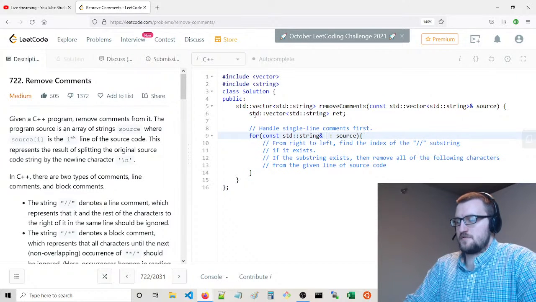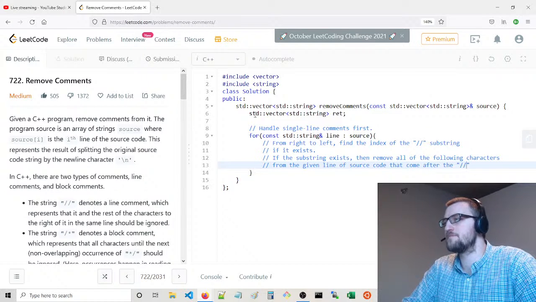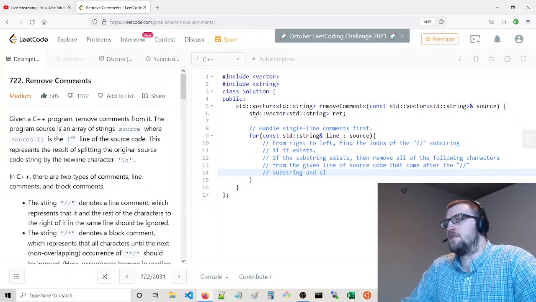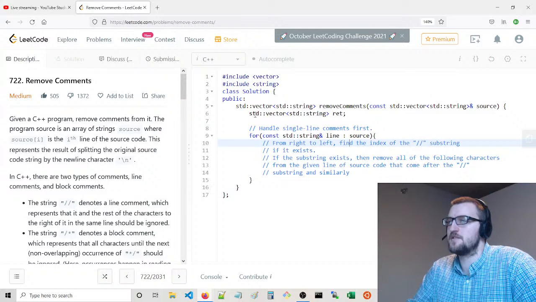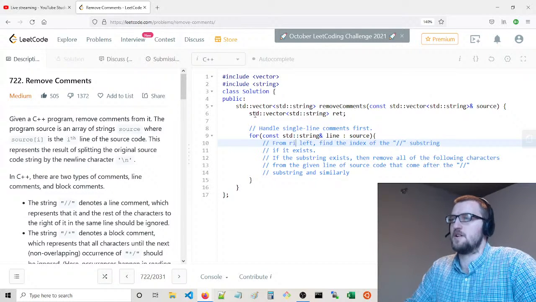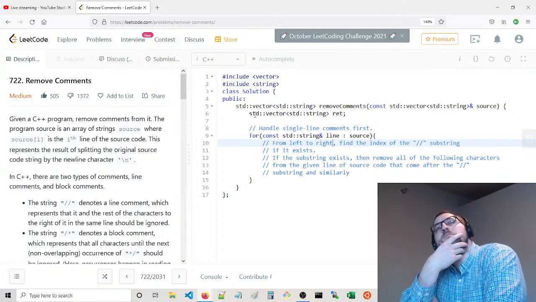That come after. Similarly, so actually we want to go from left to right, because whatever comes first is going to take precedence in terms of the comments.